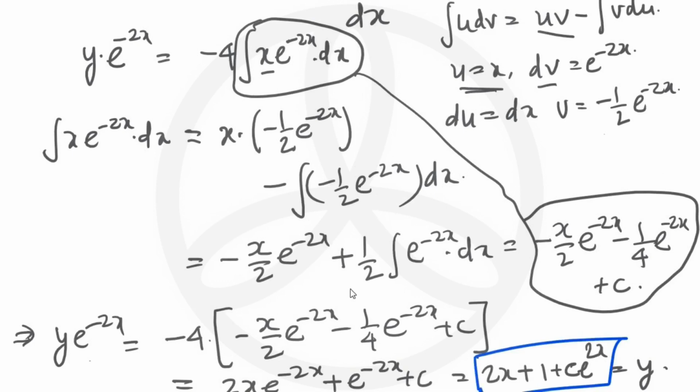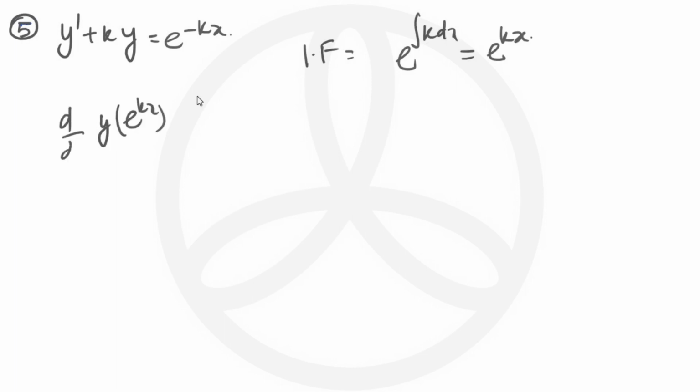Okay friends, let us move to the next question now. This question is again quite easy. IF will be simply e to the power integration of k dx, and it will be nothing but e to the power kx. So we have e to the power kx. This side is equal to e to the power minus kx multiplied by e to the power kx on the right hand side, and this will lead to